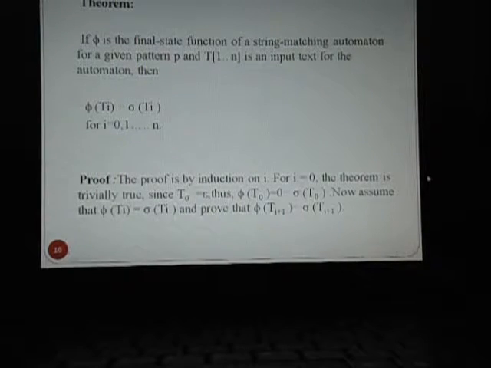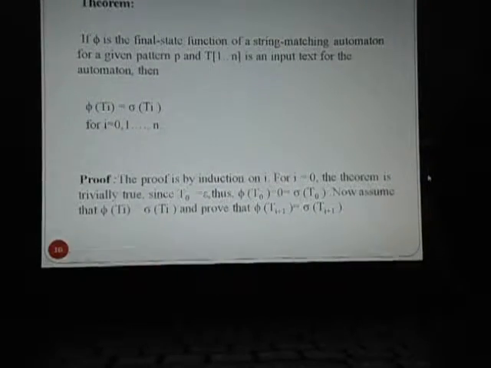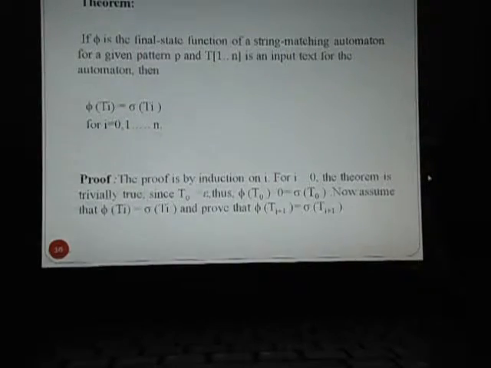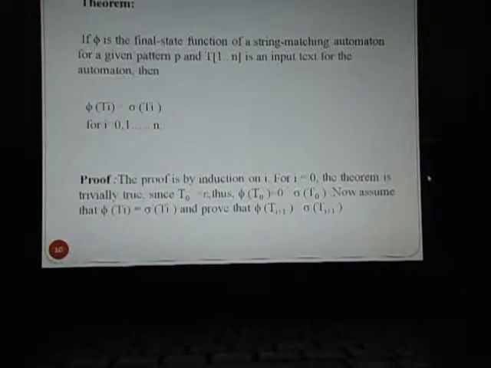Here is one more theorem. If pi is the final state function of the string matching automaton for a given pattern P, and T of 1 to n is an input text for the automaton, then pi of Ti is equivalent to sigma of Ti for i equal to 0 to n. The proof can be done by induction on n. For i equal to 0, the theorem is trivially true, since T0 is equivalent to epsilon, thus pi of T0 equals 0, which is equivalent to